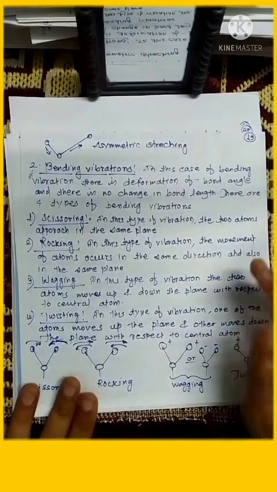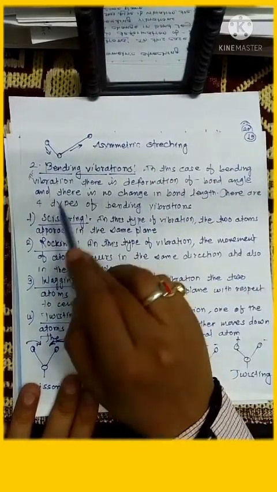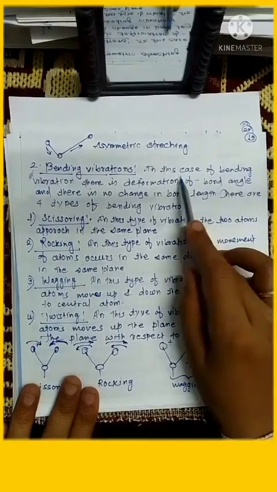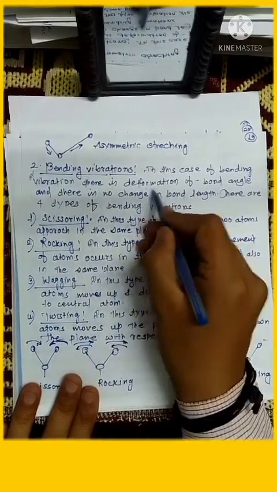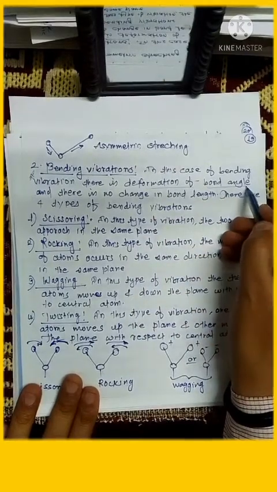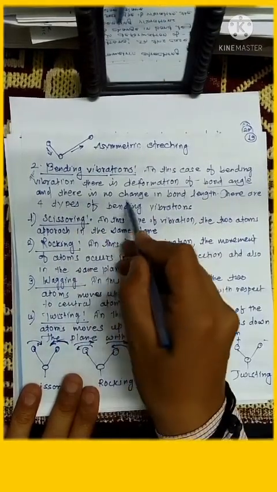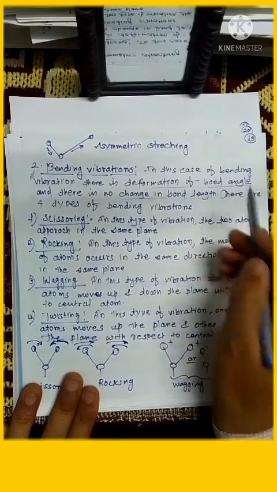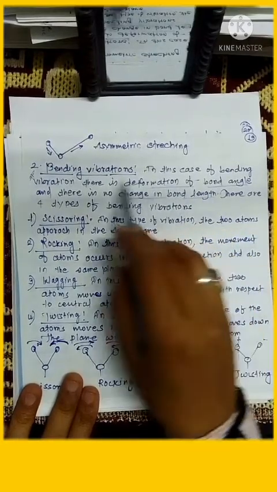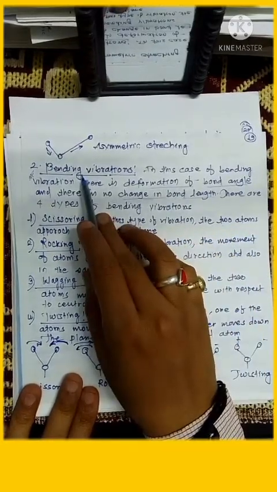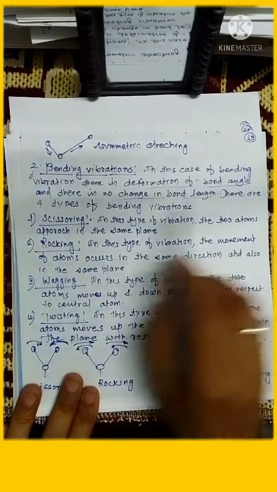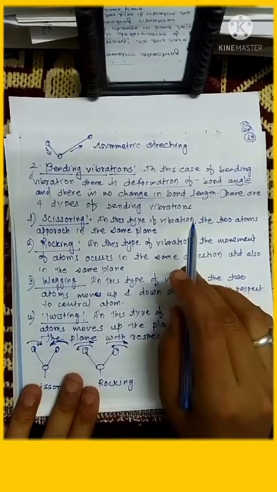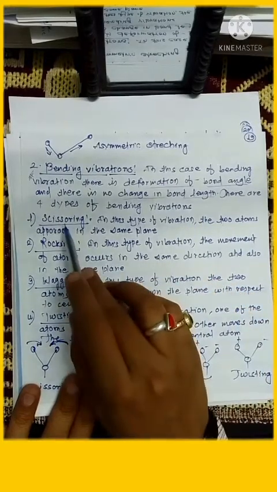Now we are going to see bending vibration. In bending vibration, there is deformation of bond angles and there is no change in bond length. It is important: bending is related with the bond angle. There are four types of bending vibration. So first we are going to see